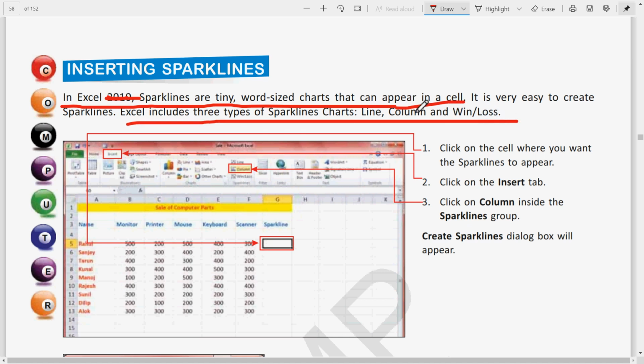Clear? So these are the two sentences we have to write for the answer of this question. This is the last answer, that is fifth E: what are sparklines and what are the different types of these? This is on page number 58.